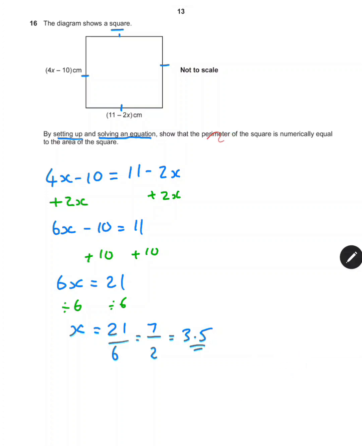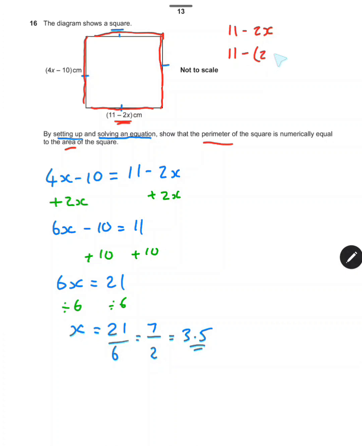It says, show that the perimeter is equal to the area. So I'm going to start with perimeter. I'm going to think about these 4 sides added together. Well, I can pick any of these algebraic expressions. I'm going to go for this one and figure out what this side length is. So that side is 11 take 2x, but I know that x is 3.5. So this becomes 11 take